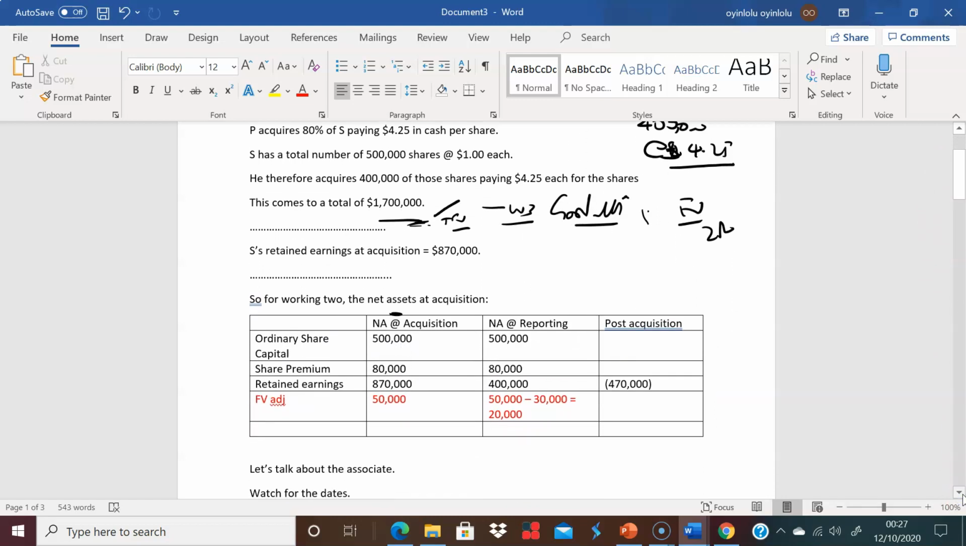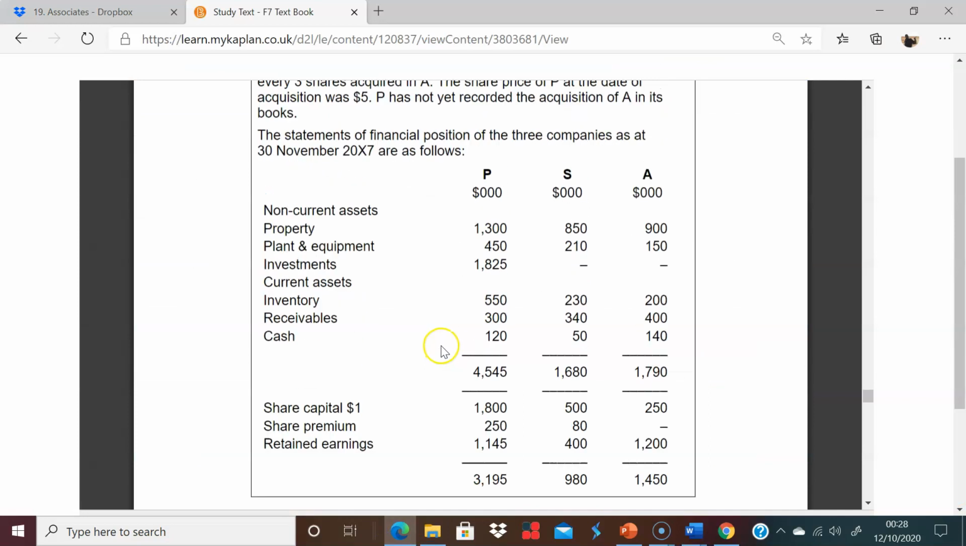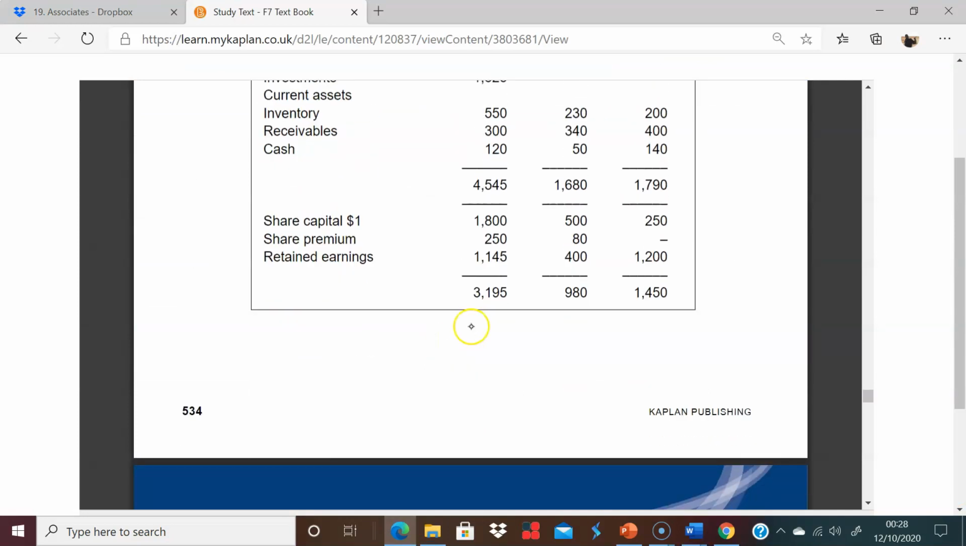So we look at the subsidiary. They tell us, we can see clearly they have ordinary share capital of 500,000, share premium of 80,000, and they tell us they have retained earnings of 870,000. So you can just insert all of these in there. We're told this, we're given this information. What I can then do is look at the financial statements and see the situation at the year end, and I can see that I have this situation here, if you like,